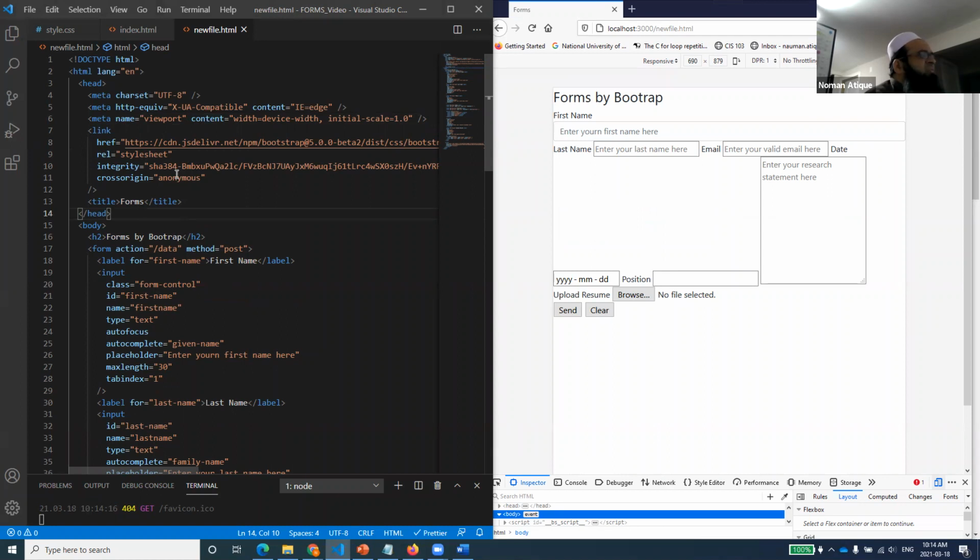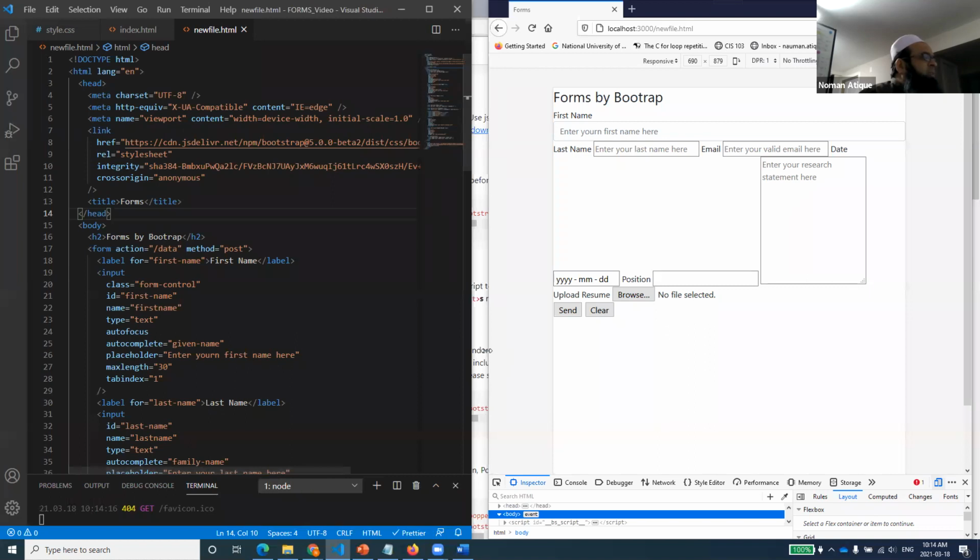As I save my document, something has already changed. This CSS has started to play its effect. You see the fonts have changed. The text boxes have come in a different form. Again, of course, there is no alignment, but the CSS has started to play its part. It has changed, but of course it's not responsive right now.